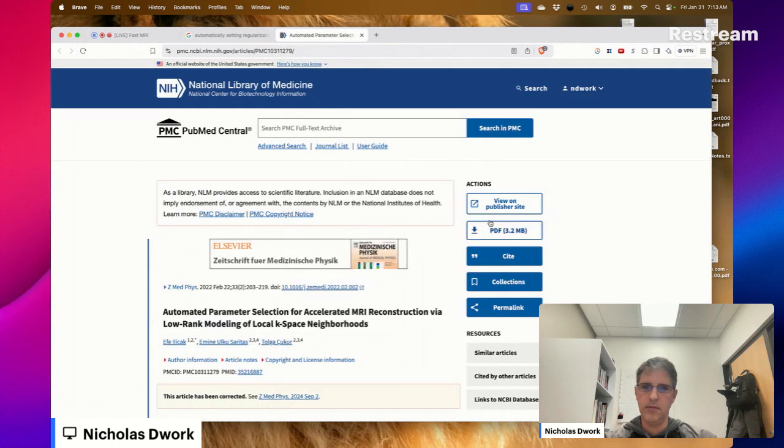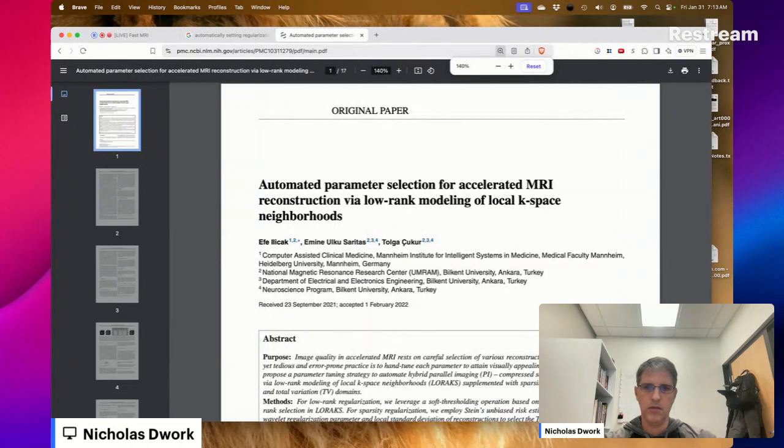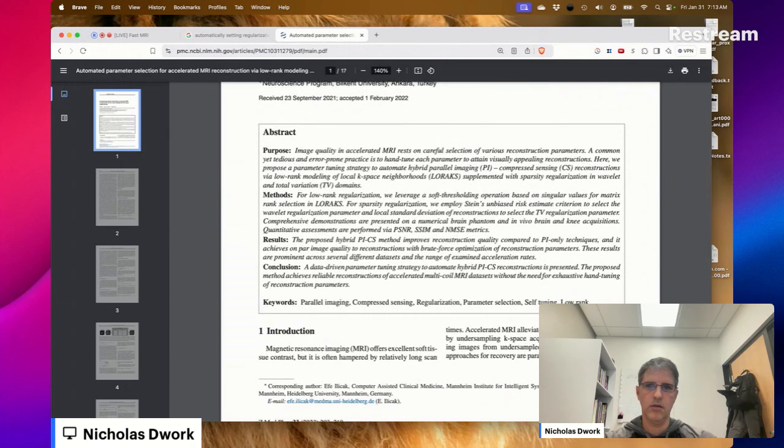I've seen his name. For sparsity regularization, we employ Stein's unbiased risk estimate criterion to select the wavelet regularization parameter and local standard deviation of reconstructions to select the TV regularization parameter.